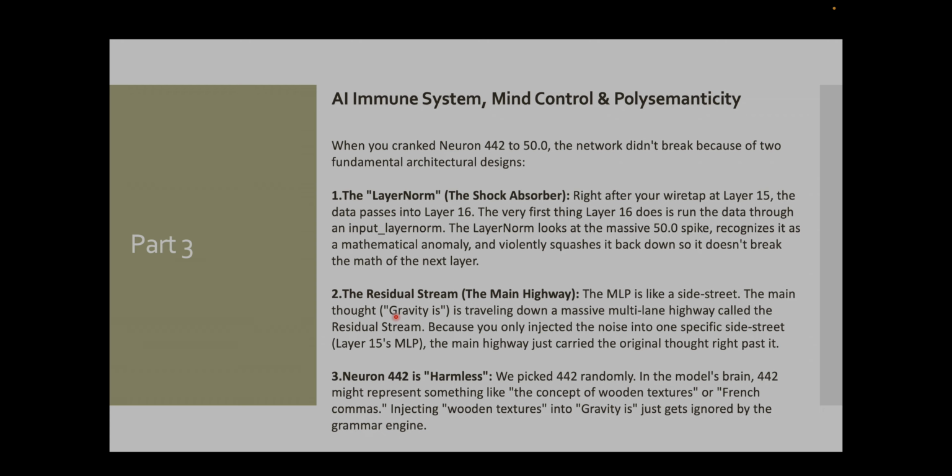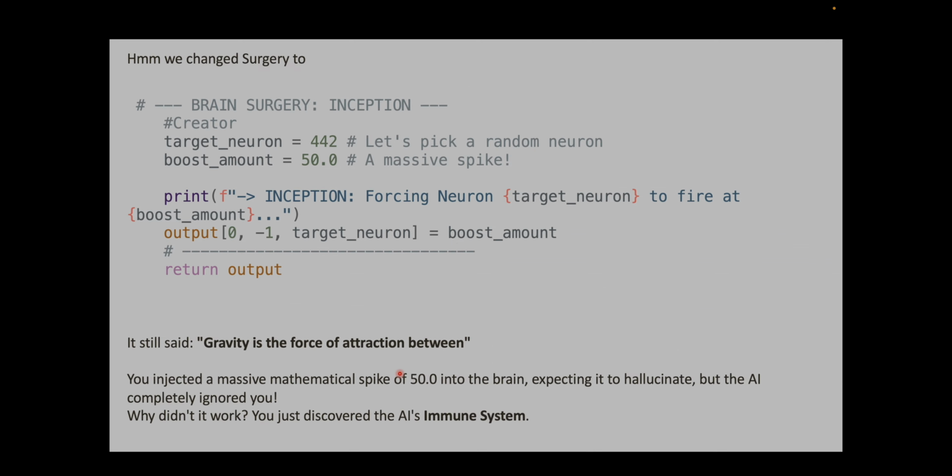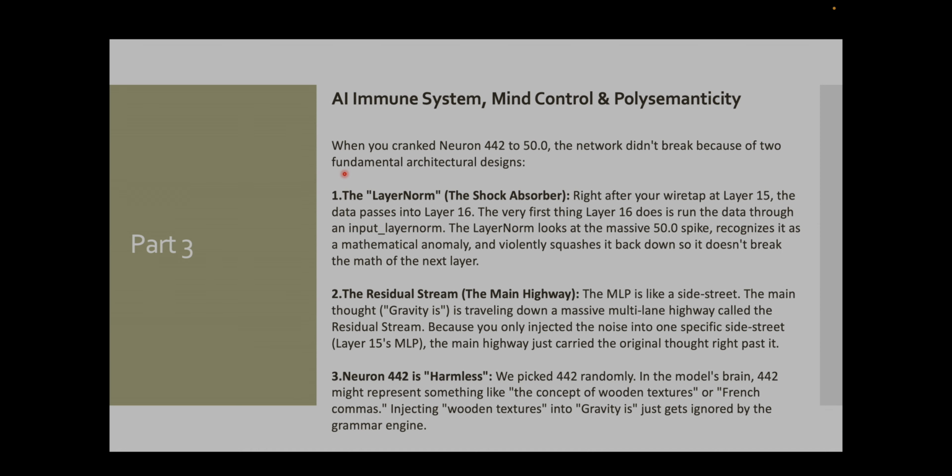The main thought, gravity is, is traveling down the massive multi-lane highway called the residual stream. Because you only injected the noise into one specific side street, layer 15's MLP, the main highway just carried the original thought right past it. And the third thing is neuron 442. This particular neuron 442 that I boosted to 50, this particular neuron is